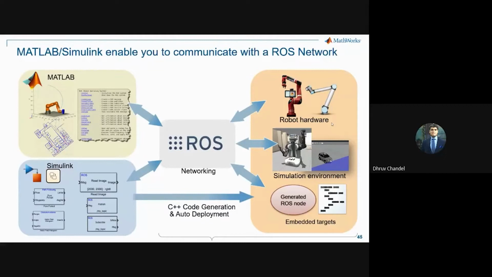So you can do automatic C++ code generation, and then you can use ROS-bag import to get the data from your real hardware as well. So these facilities are now there for you. You don't have to go and write your own library. MATLAB Simulink will handle most of the communication aspect via ROS for you. And because ROS is independent of languages, it should, in theory, work with other languages as well. I haven't tried it very much except OpenCV, but for C++ it worked perfectly. I think it should work for Python as well.